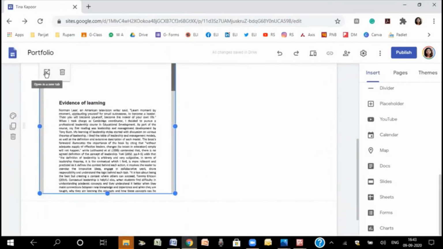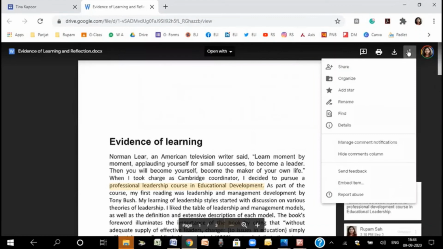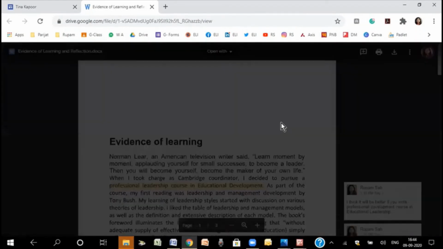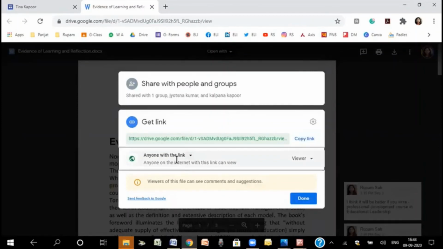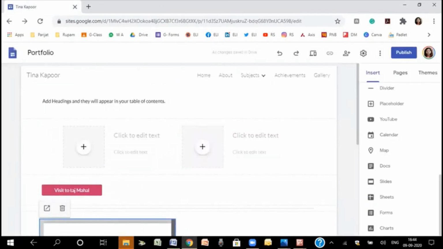And when anyone wants to read it, they will just open it in a new tab, and you can see that the document opens up. It's important for you to see that your sharing option is proper, because you have to put the sharing option as anyone with the link, and then it is done. So this is how you can upload documents from your Google Drive, anything.